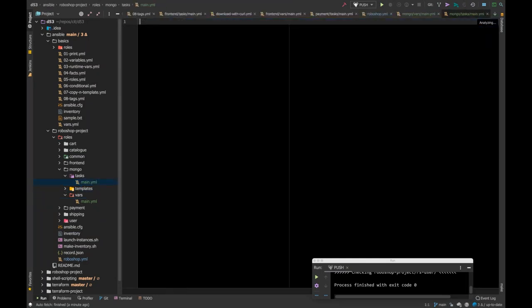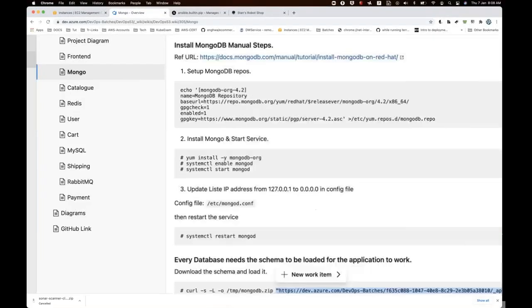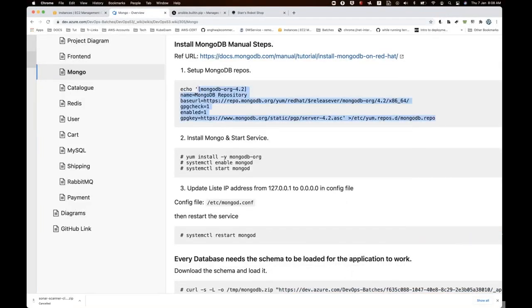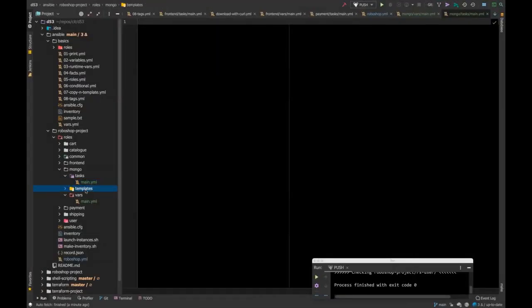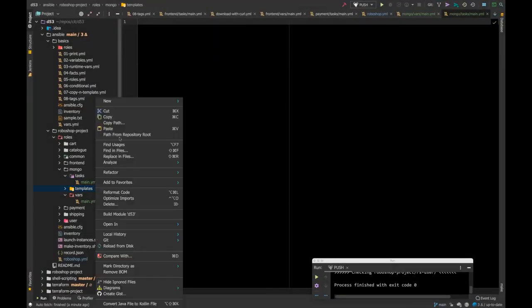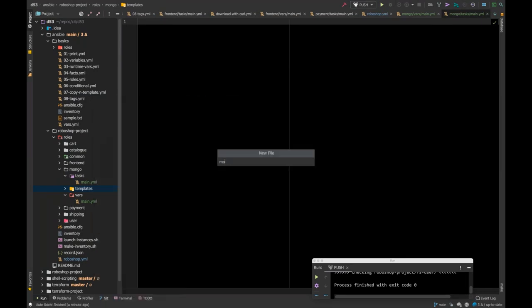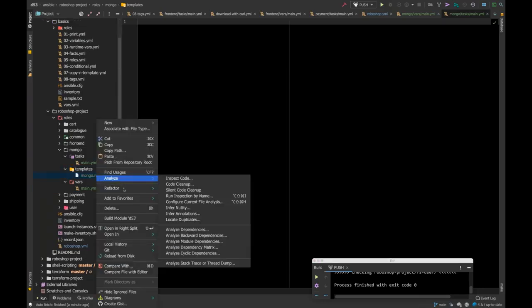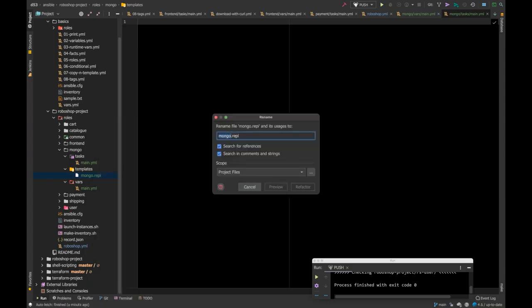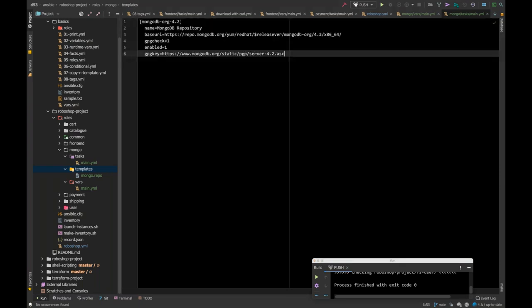And so template is empty. So here you just need to run one by one. So first of all, what you have to do is you have to configure your Mongo repository. So this is a file, which is a template, and it's not really template, but you can keep it in template as well. New file, mongo.repo file. Okay, this much is fine. And what I have to do is so in the main,